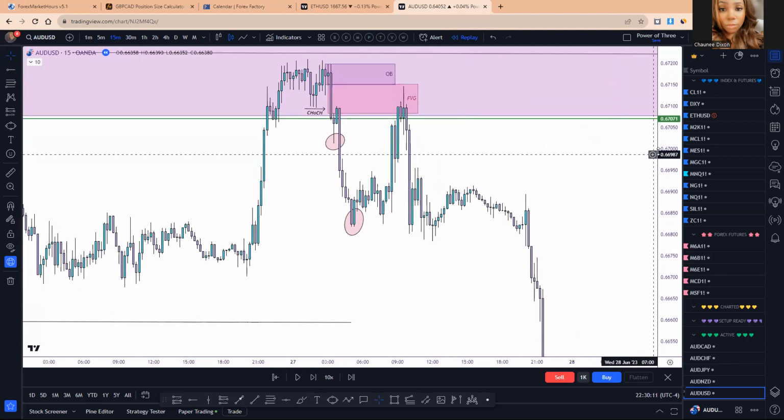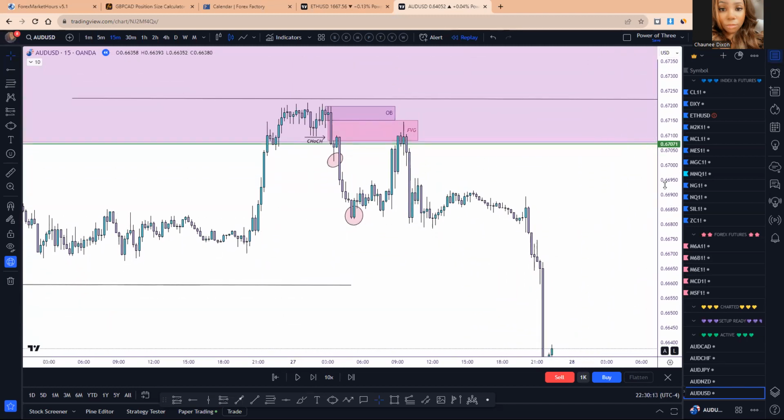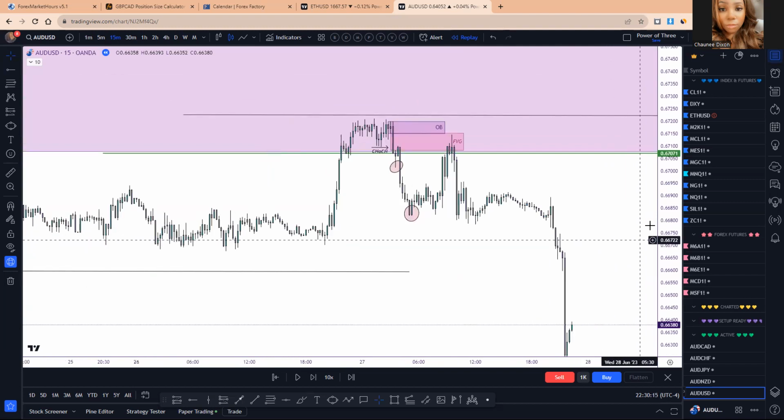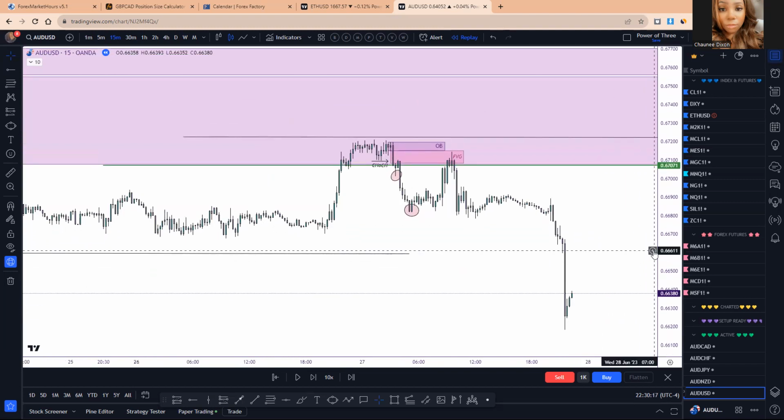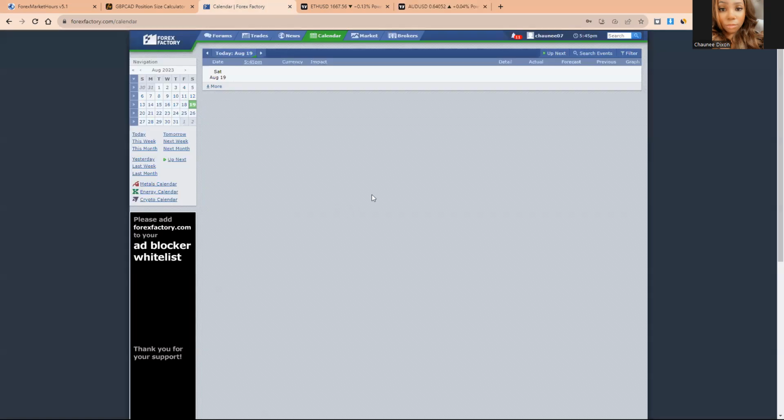Okay, so what is something that you may need to do before you decide to enter a trade before your session starts? One of the most important things you need to do, and sometimes I even forget to do it, is check economic news releases. So, of course, the more important ones is what we call red folder news in the trading community. So if you ever go to forexfactory.com,